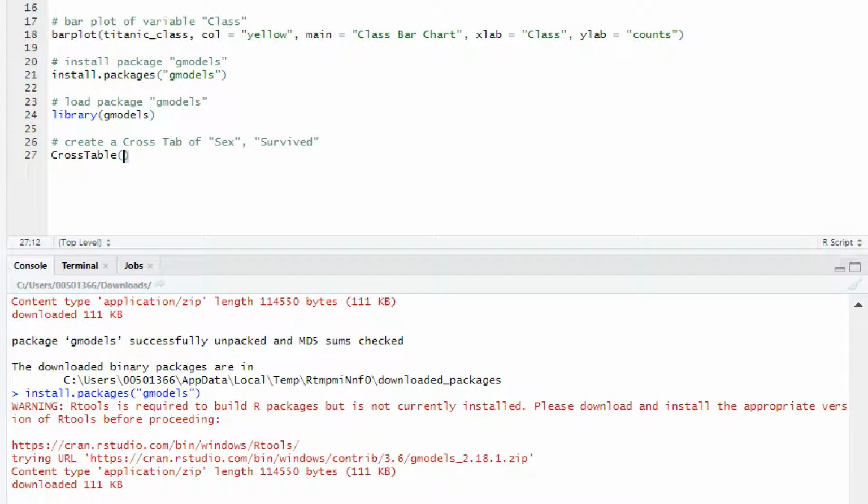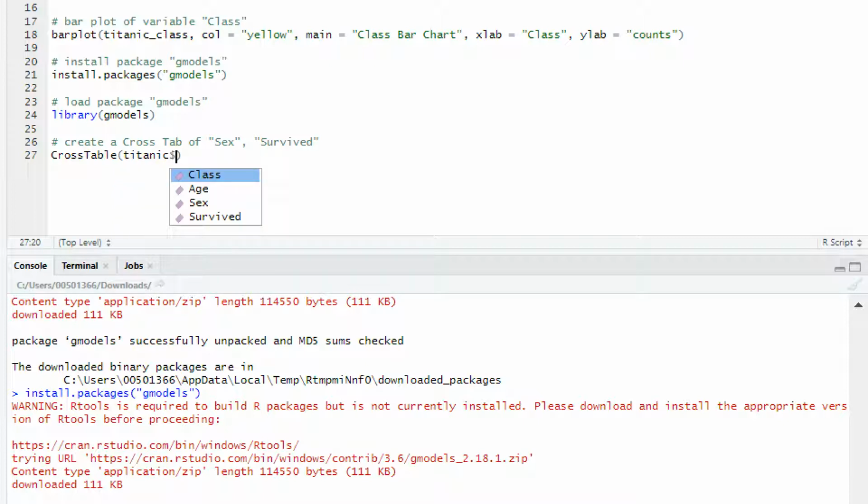And because it's a two variable summary, I have to specify variable x and variable y, okay? So I decided to slice and dice the data, how passengers survived by gender, male, female. Okay, question to you guys. How do I reference a variable from my data? We did that already today. What do I type first? Data name, then $, and then variable name, right? So the data name is Titanic. Then I put